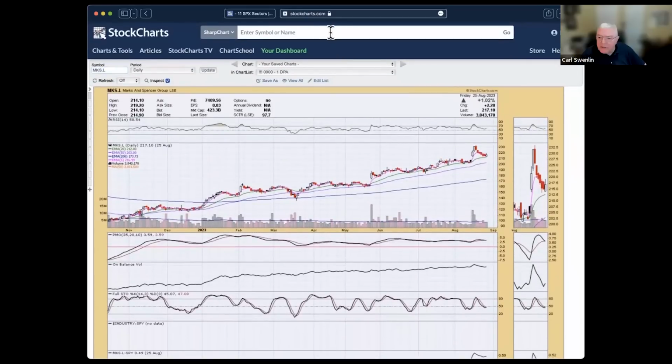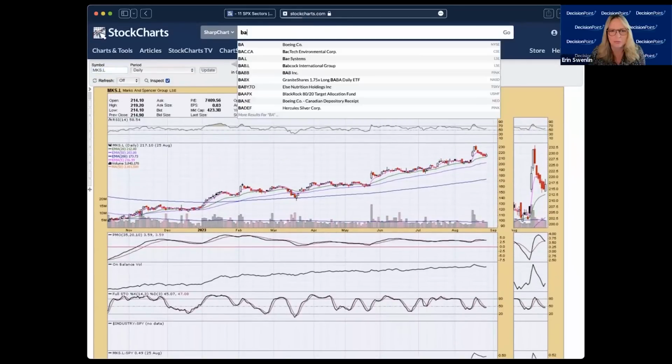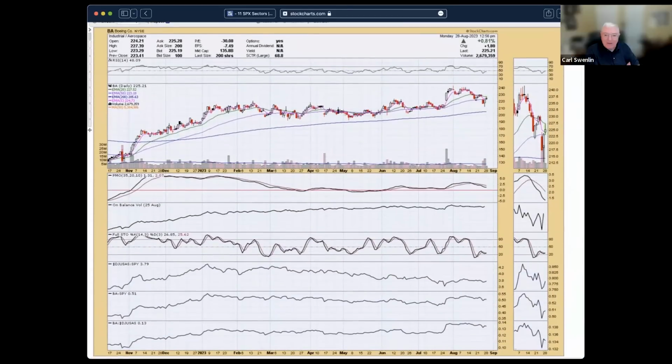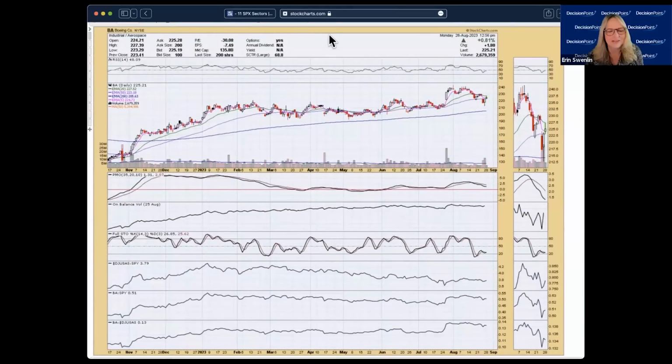All right. BA. Look at us getting all the way through these. Right. There. All right. So Boeing, aerospace was looking kind of interesting to me. I'll admit, I saw a couple of aerospace charts come through on my scans. And you can see the declining trend here. It is trying to make a move upward, but declining trend still intact, RSI negative, PMO still in decline. Not a lot here on this chart.